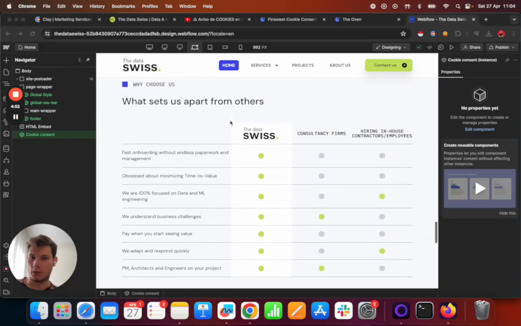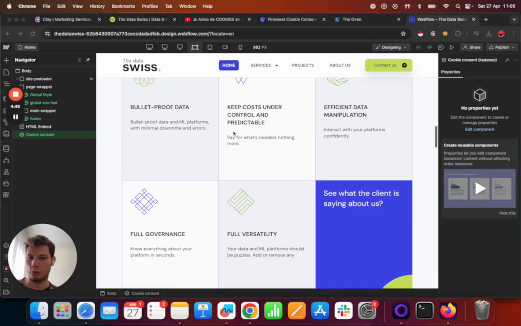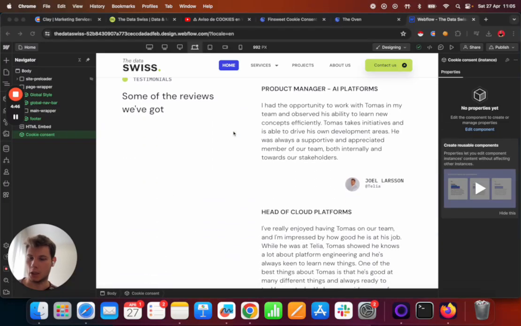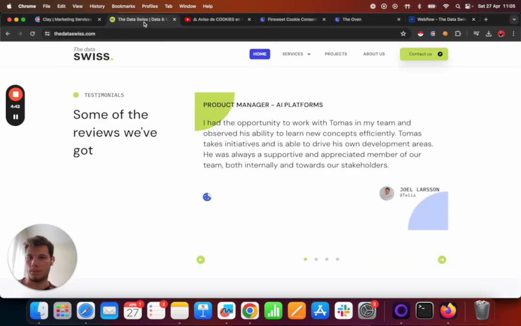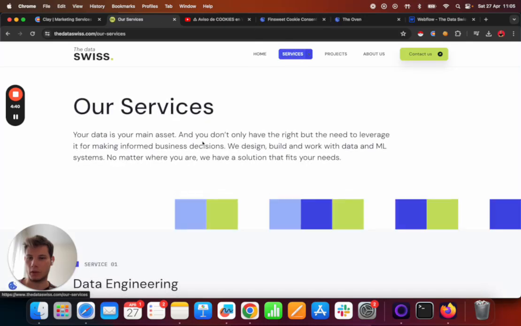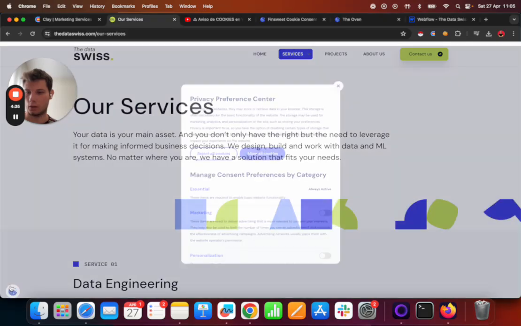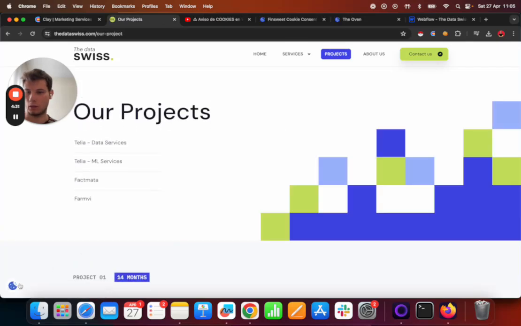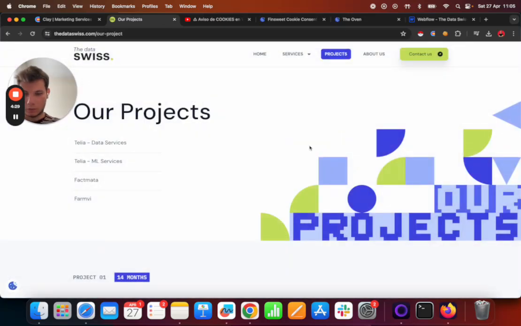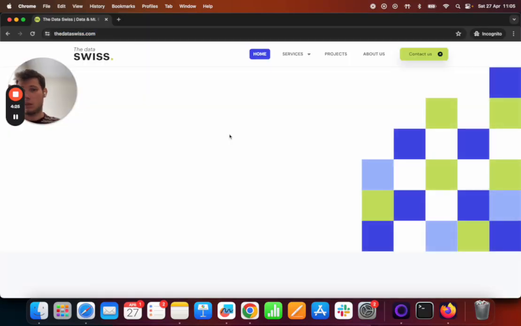First, I was installing something really important here in Europe, which is the cookies. And it turns out, for example, for the services page, you can see it's working fine here. The cookie banner is here, in the whole screen as it should be. So whenever you first access the website, in here,